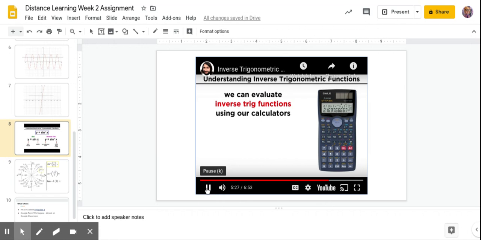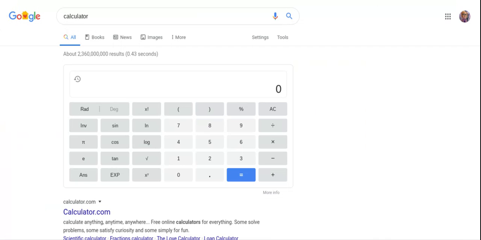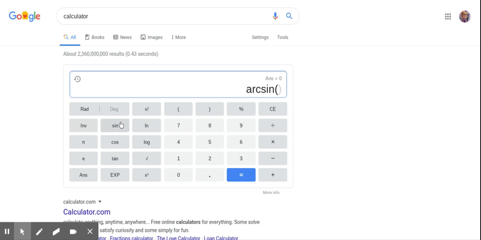Luckily, rather than having to evaluate inverse trig functions by hand, we can always just plug them into a calculator. So that's what we're going to do. We're going to use Google Calculator. Okay, we're on Google Calculator. So we have radian and degree. It doesn't matter which one you're in, but it's going to give you different answers. Radian is going to give you the simplified answer like pi over 3, and then degree is going to give you the angle. So if we hit the inverse and we hit sine, and we do 1/2, which is 0.5,